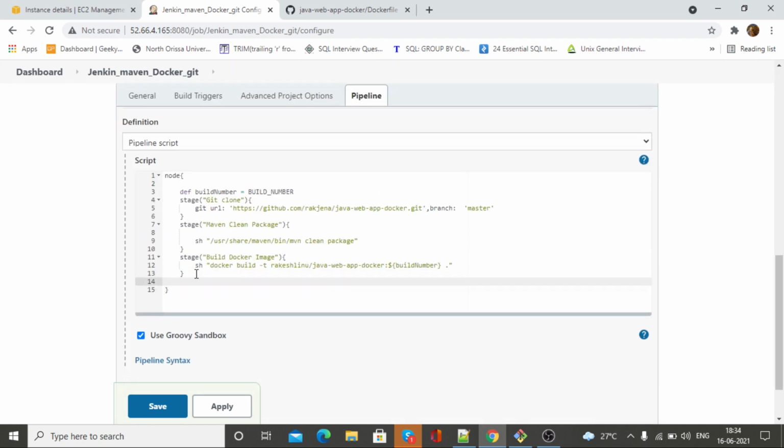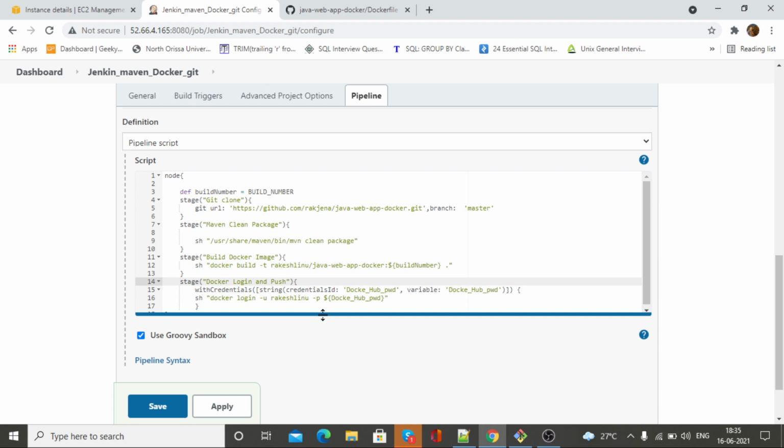Here I need to put the line. Guys, why I have written this credential and all these things is because I don't want to show you my password. So here what I did is I put my user ID of Docker registry, and then instead of the password, how I can create it, let me show once actually.